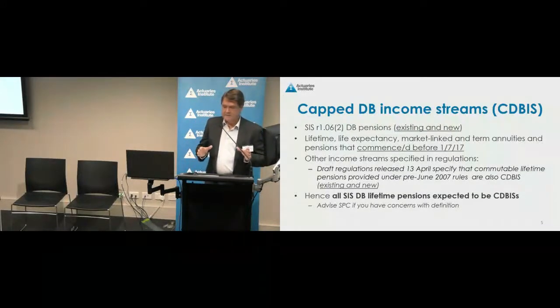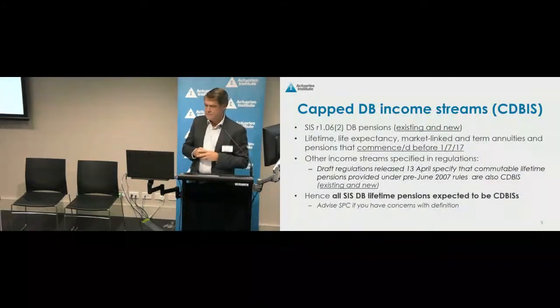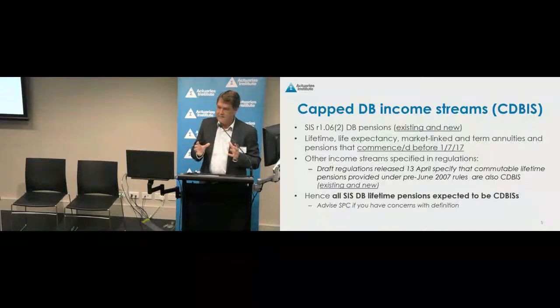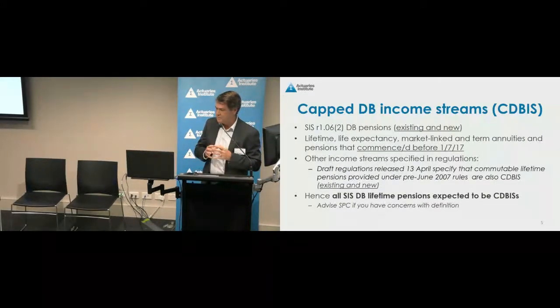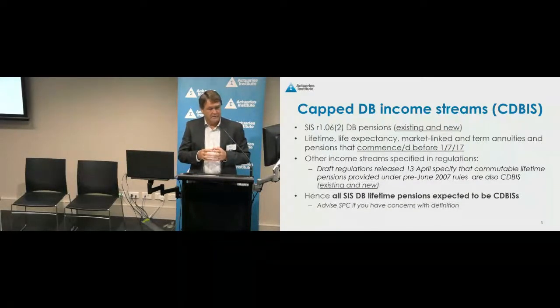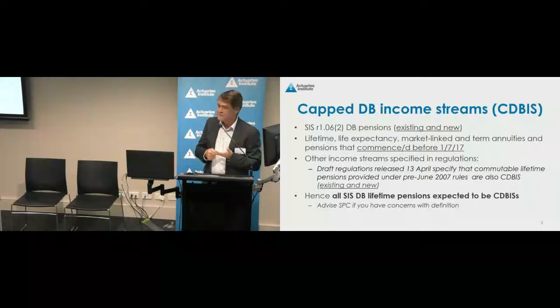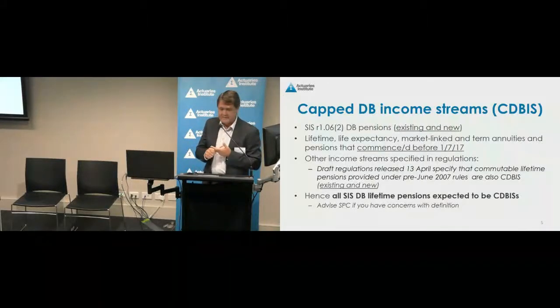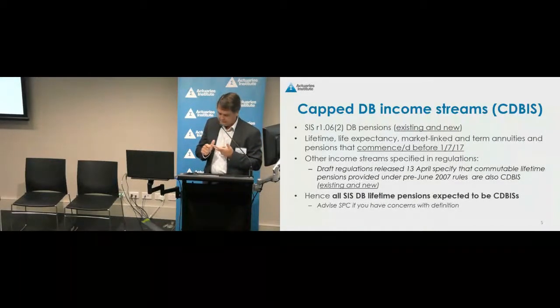As it stands, that was quite a concern to the SPC, because the definition of a pension under 106 bracket 2 is really narrow. It's got to be a lifetime pension. If you had even the remotest ability that you could commute that pension, then it didn't satisfy the requirements of 106.2. Whether that was on a discretion that the member could exercise, or a discretion that only the trustee could exercise, even if you didn't have a previous case of the trustee exercising it, if there was the potential for a lifetime pension to be commuted, then it falls foul of the definition